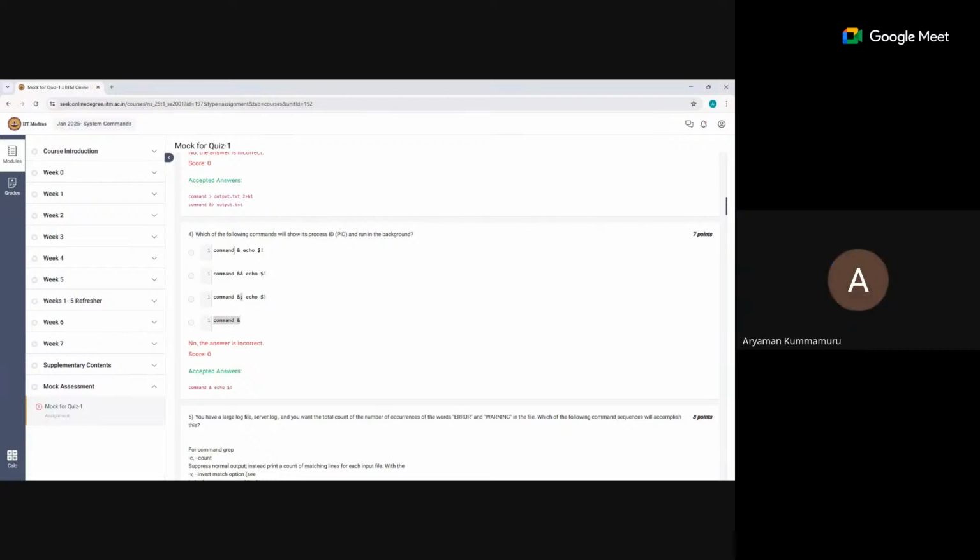Rajiv, for the last one, it doesn't show the PID by default. That's the difference. So maybe it shows for you because it's a condition, but command & doesn't. It only runs the command in the background, but it does not display the PID unless you explicitly echo